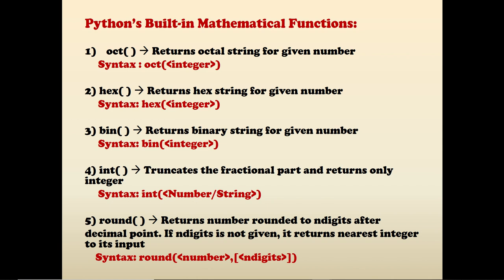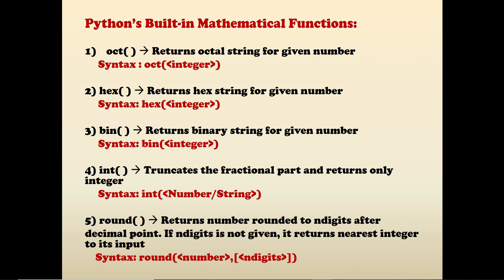Whatever number you are giving is a decimal number. Whenever we say number in a normal routine, it is actually a decimal number. When you give a decimal number as an argument to this function, it will convert that number into an octal integer, that is, an octal number. So oct is the function for that. The hex function will convert the number given into a hexadecimal number. And bin will convert the decimal number into a binary number.